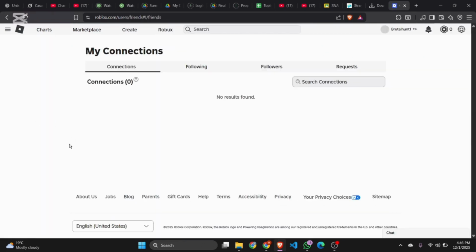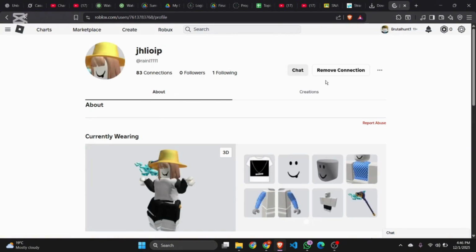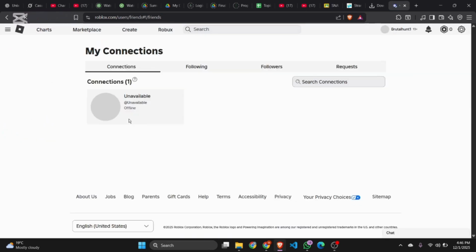Click on the friend's profile you would like to remove. Select the friend's profile and open it. On the right section next to chat, you should see the option Remove Connection. Now you can do this one by one, but there's also a way from which you can remove multiple accounts